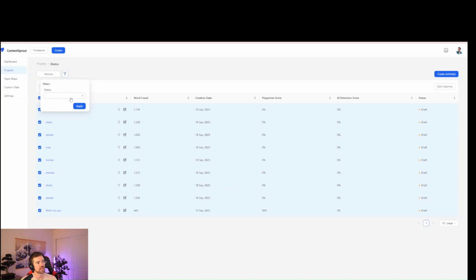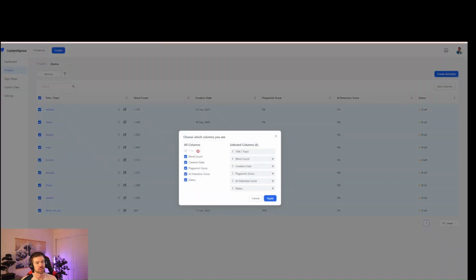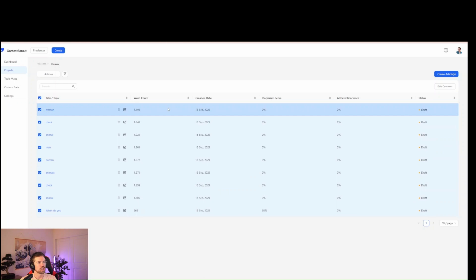You can apply some filters here, and then you can create articles. You can edit your columns. As we add more things, we'll have on-page score and stuff like that. Now, your creation date, word count, plagiarism score. We're going to have search volume here too, so that the search volume will just take whatever your title is